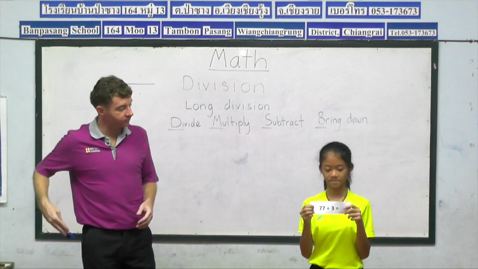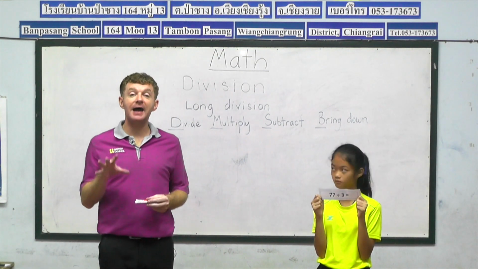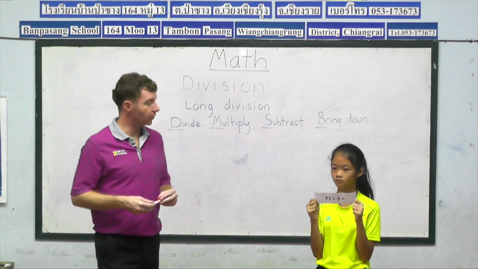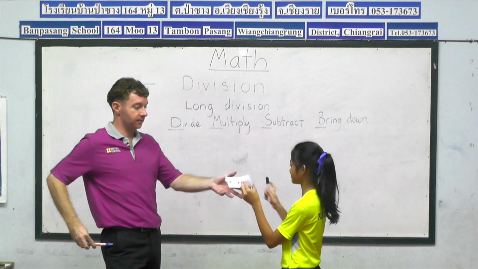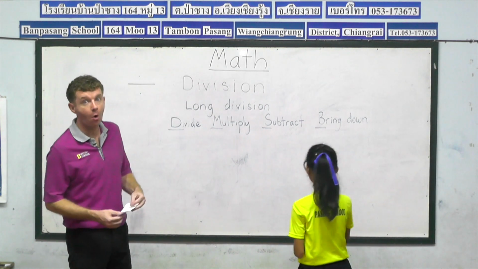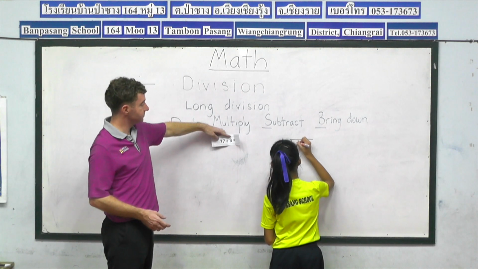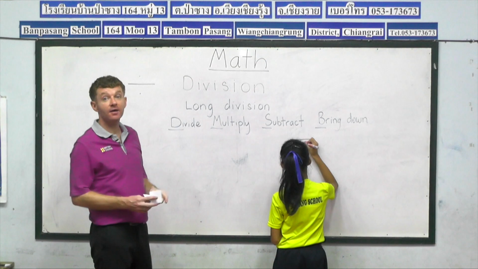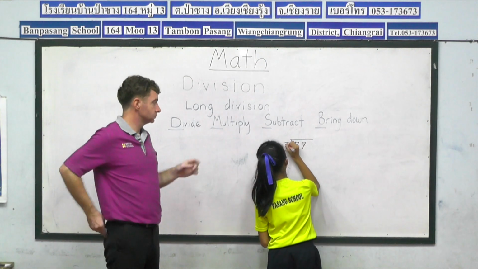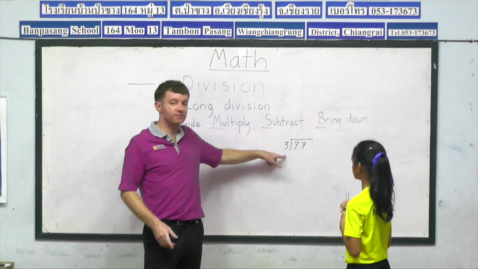What do we have, guys? We have 17 divided by 3. Okay, so first of all, Dan, what colour? Black. Okay. The first thing to do, organise. 17 divided by 3. So, first question, 7 divided by 3